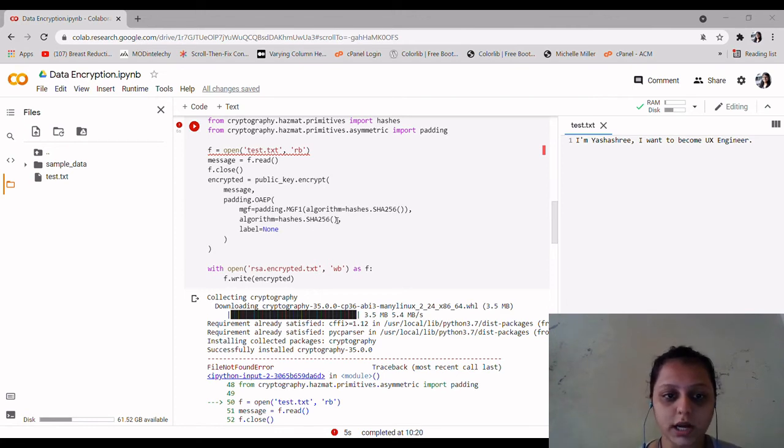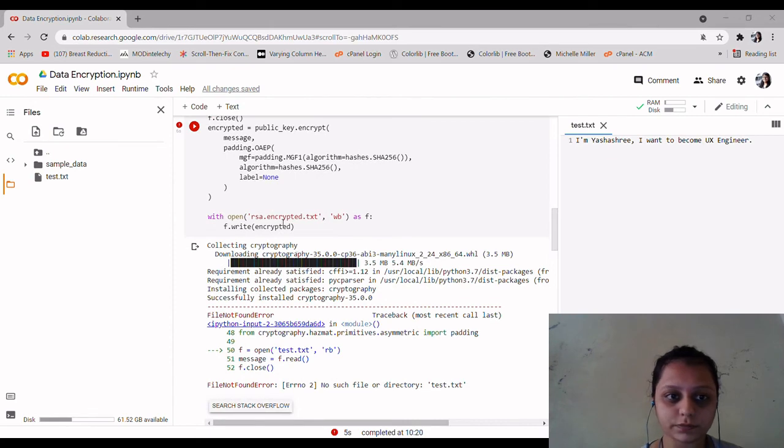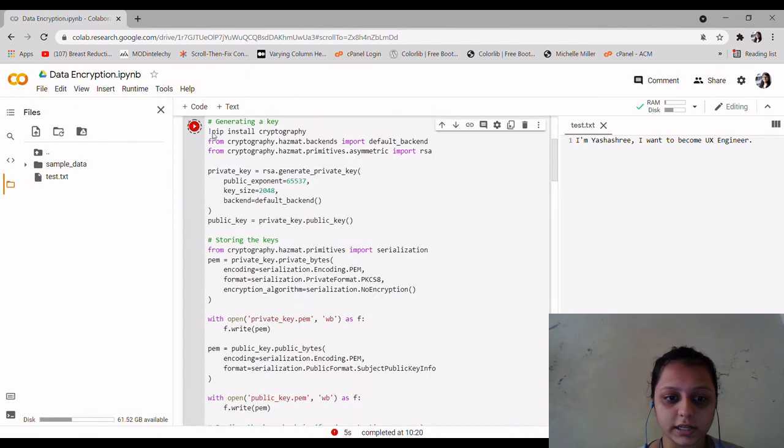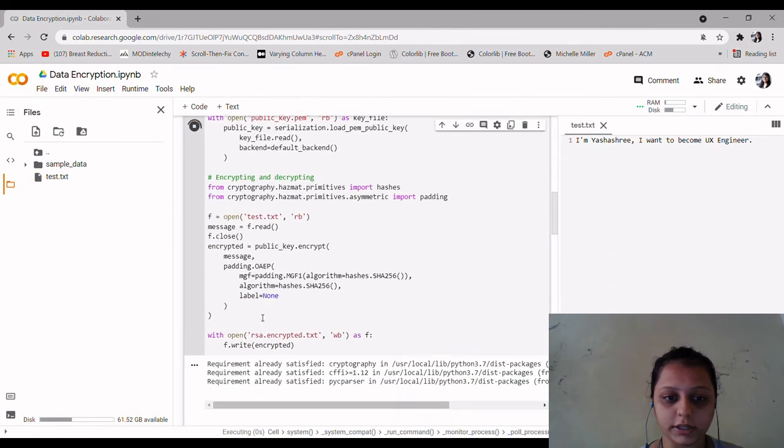MGF is a mask generation function of variable length. MGF and hash function are both similar, but unlike hash, MGF uses variable length, whereas hash is of a fixed length. After that, I store the final output to the file called rsa.encrypted.txt.